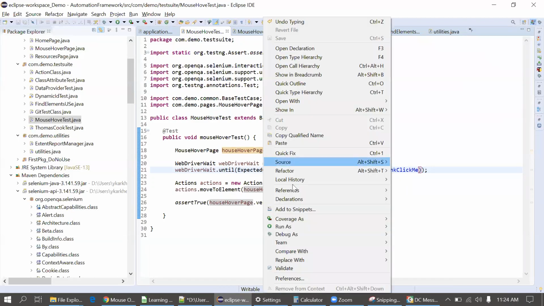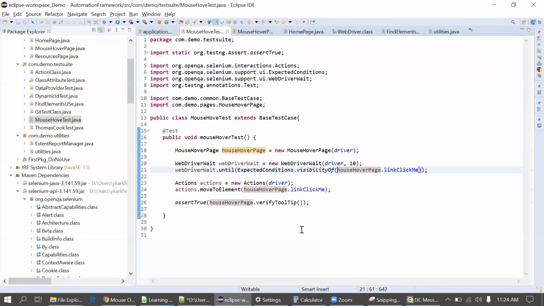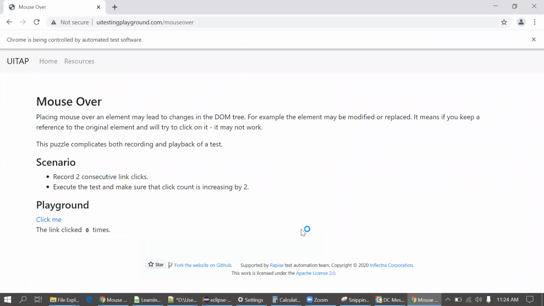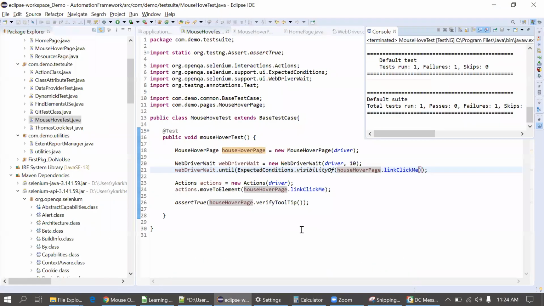Yes, I'm executing the code. It should hover, then only it will show the output. It's not hovering.